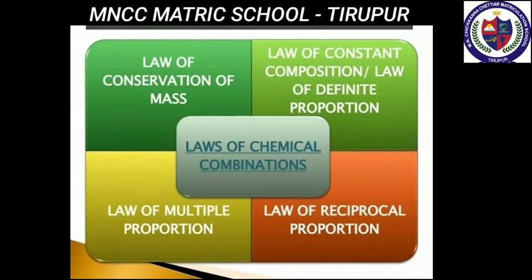In the 17th century, scientists had been trying to find out methods of converting one substance into another. During their studies of chemical changes, they made certain generalizations. These generalizations are known as laws of chemical combination. These are law of conservation of mass, law of constant proportions, law of multiple proportions, law of reciprocal proportions, and last one, Gay-Lussac's law of gaseous volumes. Out of these 5 laws, you have already learned the first 2 laws in class 8. Let's see the next 3 laws in detail in this chapter.